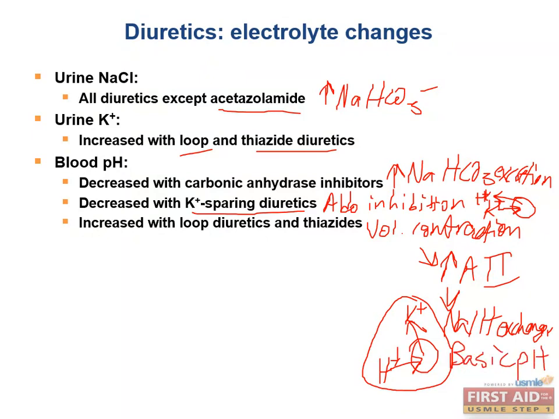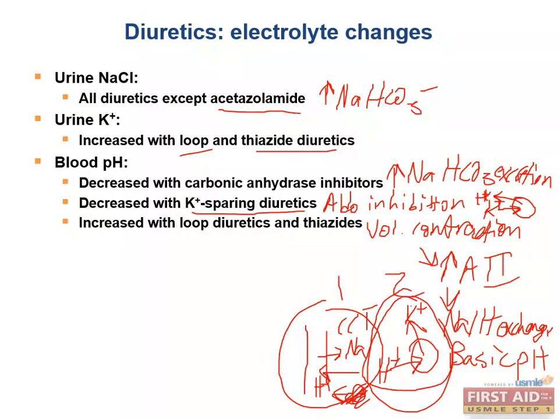And finally, in a low potassium state, hydrogen ions are exchanged for sodium in the cortical collecting tubule. So, in our cortical collecting tubule, as sodium is reabsorbed, hydrogen ions are going to be secreted instead of potassium. So potassium won't be secreted, it'll be the hydrogen ions. And that is because when sodium is reabsorbed, it's creating that negative lumen potential and pulling in positively charged hydrogen ions. And all three of these mechanisms, 1, 2, and 3, are leading to increased blood pH due to loop